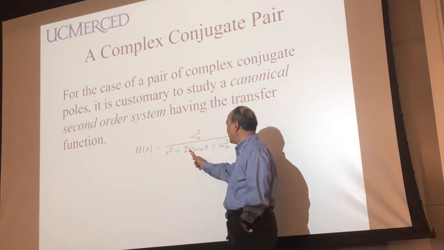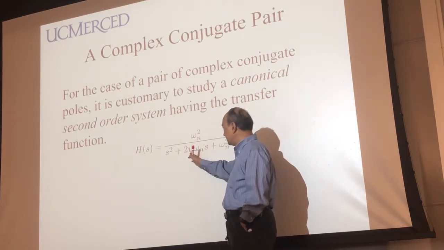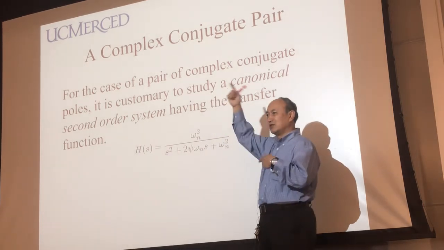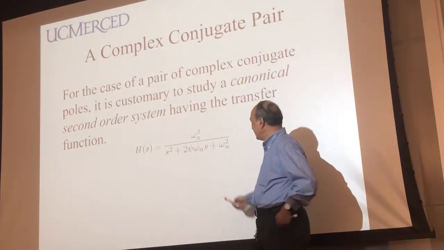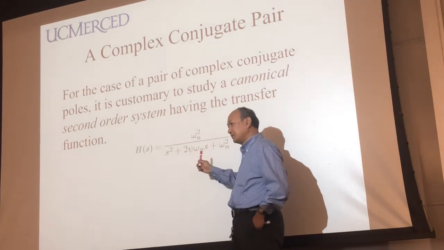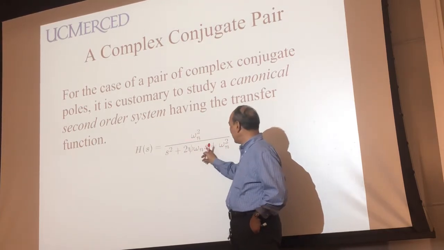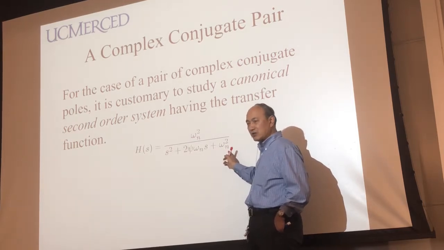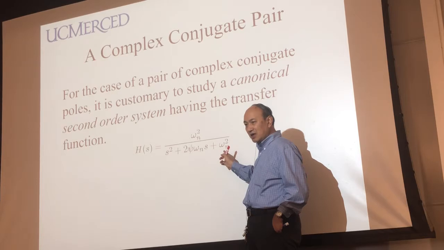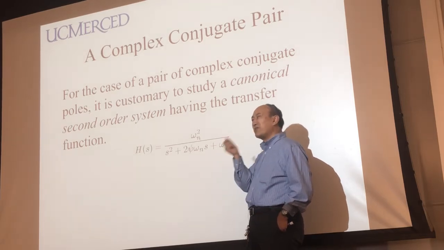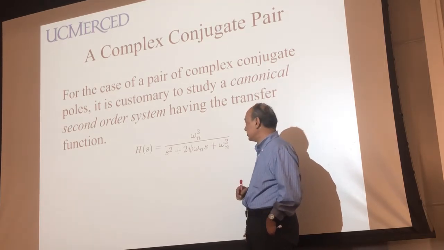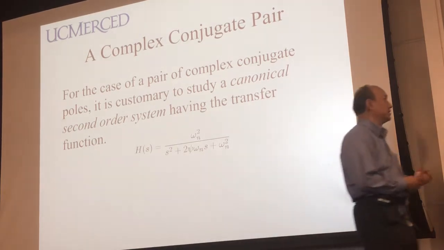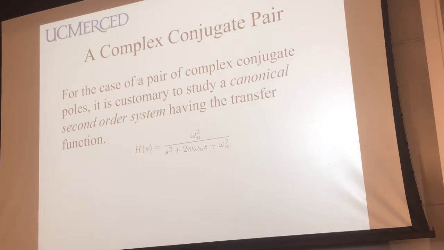If zeta is 0, okay, then this will be a complex conjugate, on the imaginary axis. If zeta is 1, okay, then you have a complete square in here. Then that means you have minus omega n as your root, that has a multiplicity of 2, okay, multiplicity of 2. So there are multiple cases. Let me show you the possibilities.